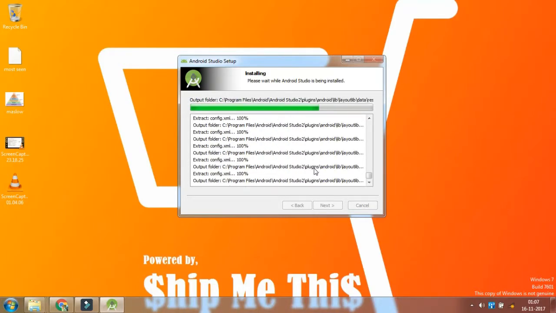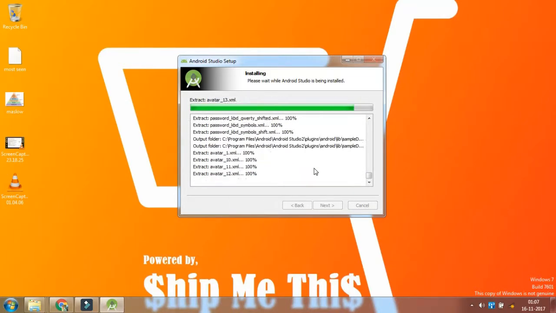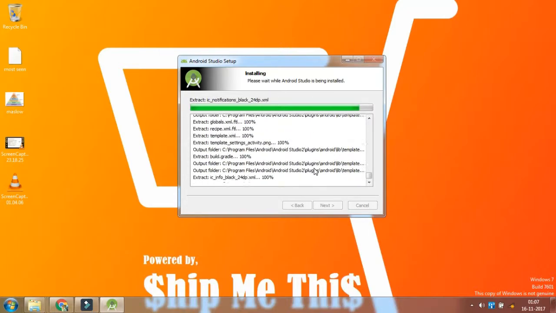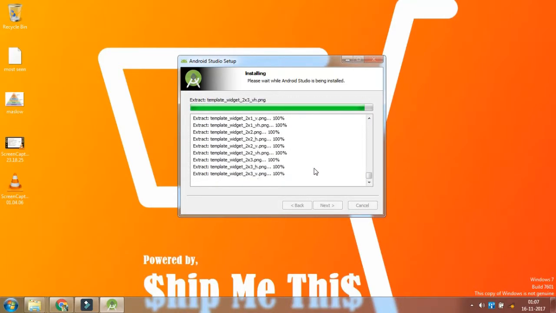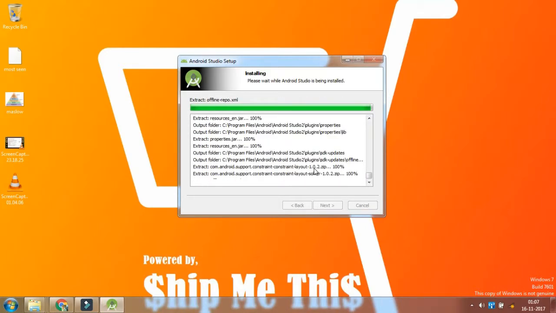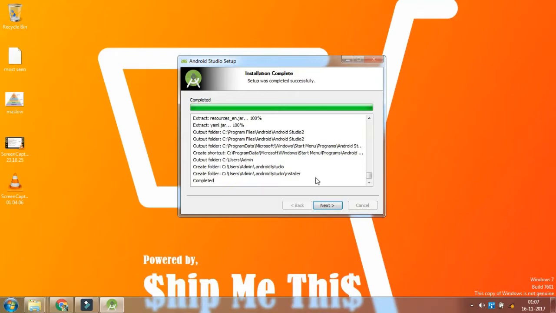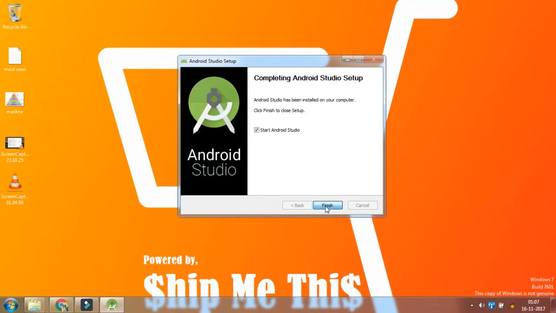I have also put a lot of tutorials on how to access layout editor, how to access Android Studio layout and all these things in multiple tutorials, so you can go through them also if you need to start a new project or configure an existing project, or even debug an app and everything. So you can just go like that. So extraction is going to be completed now. Now you have to click next and finish.